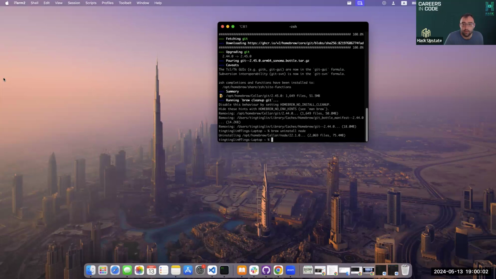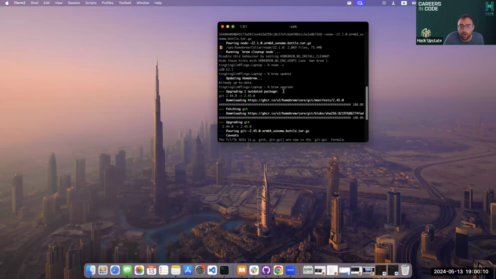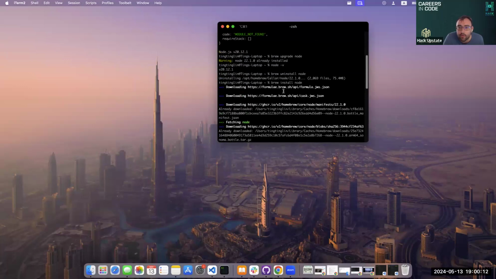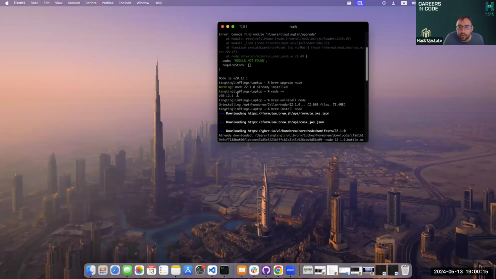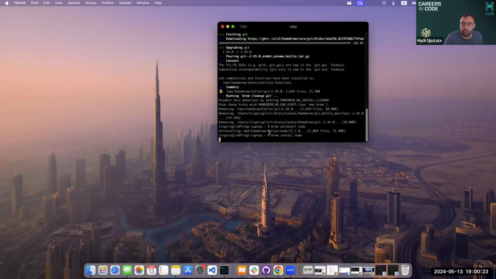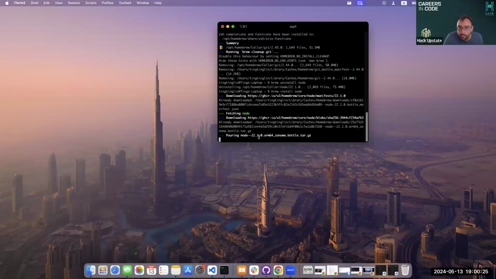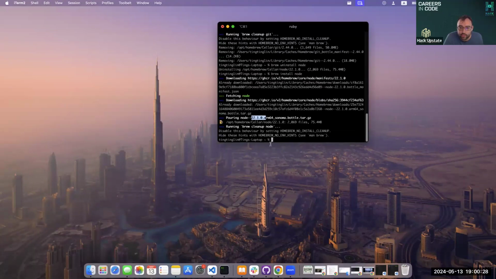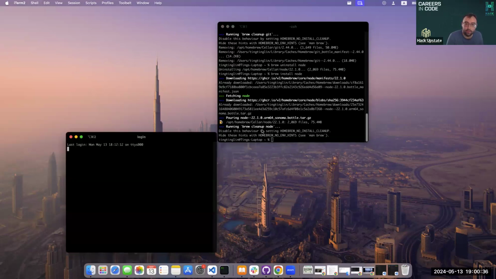Then we can say, oh, wait, but that has 22.1. And it has 20. So is it just the problem of... yeah, Brew's definitely installing the latest version. Already downloaded, pouring, okay. So if we open a new tab,